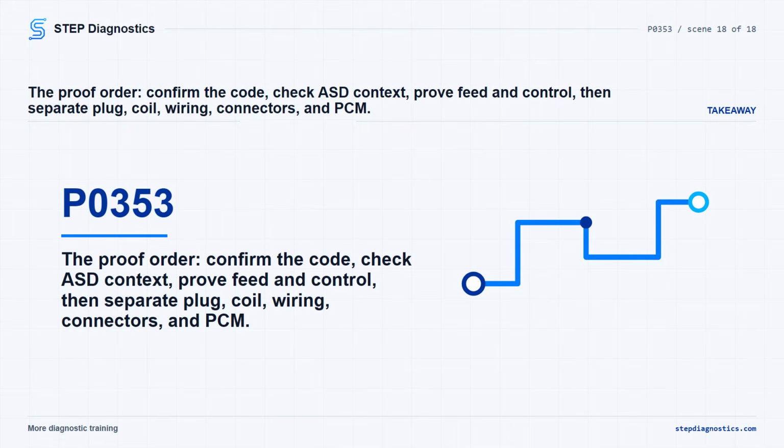The key on P0353 is to prove the circuit before replacing parts. Confirm the code, check for ASD-related faults, load test the coil feed, read the control circuit behavior, and only then separate spark plug, coil, wiring, connector, and PCM driver